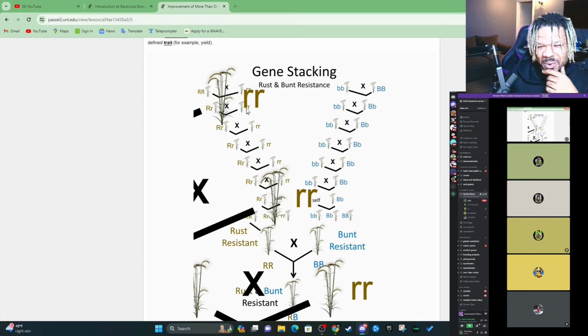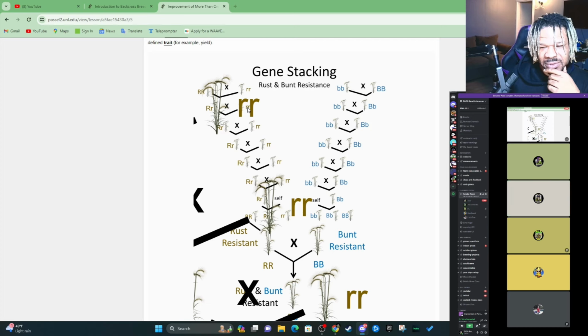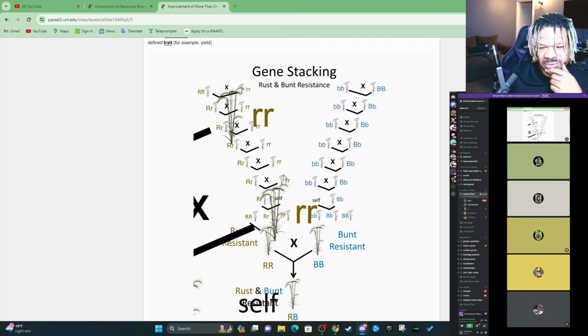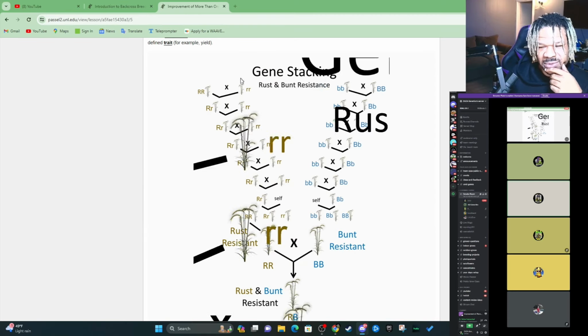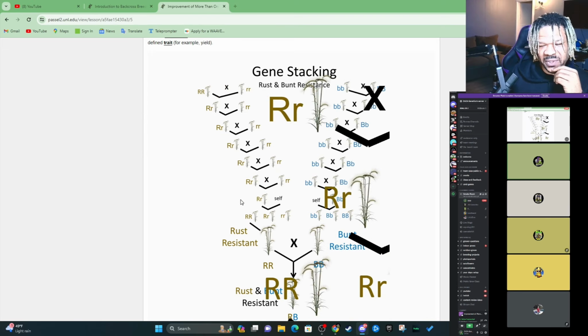What we looking at right here? That's rust resistant. That's homozygous recessive. That's not gonna be bun resistant. The homozygous recessive won't be. So when you look at both these sides,